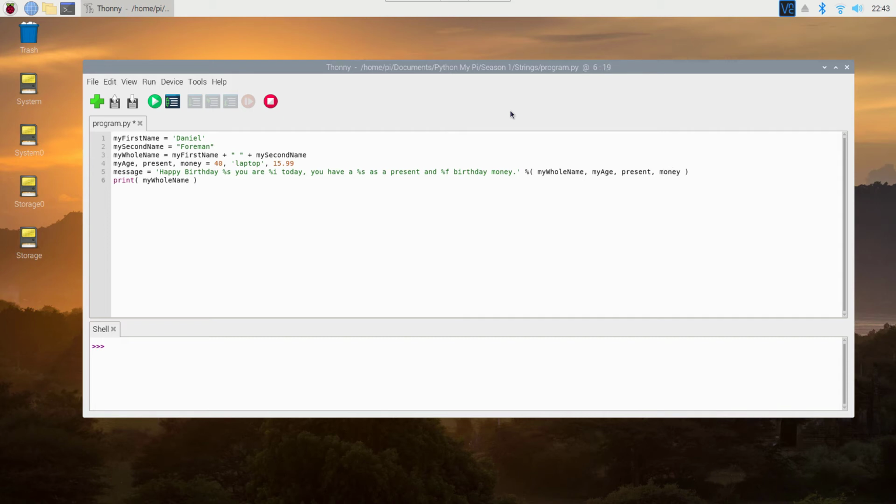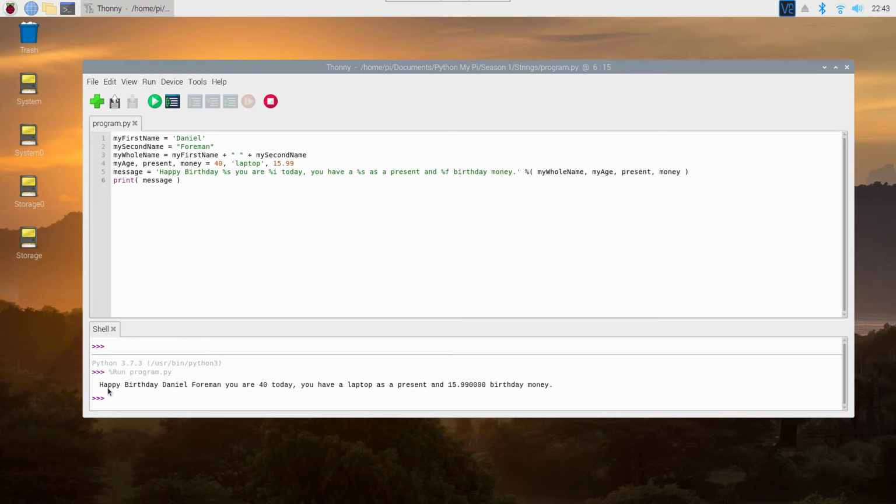Now we're going to change this print statement to print out message, and we're going to stop and run. As you can see, it says happy birthday Daniel Foreman, so it's grabbed this data up here and inserted it there. You are 40 today, which is the integer value here. We have laptop as part of the string, and that's represented by this string here, and we have a bit of an odd one where we've got